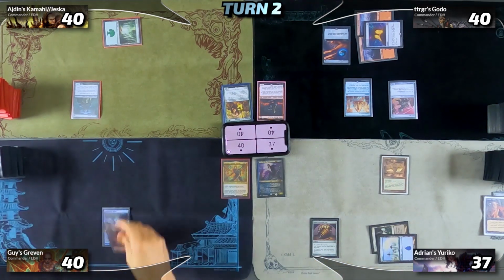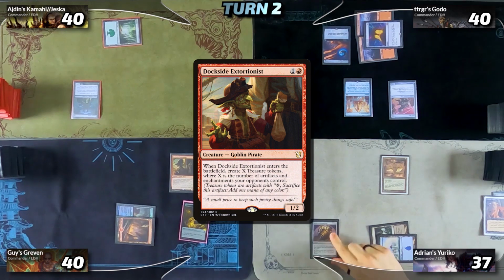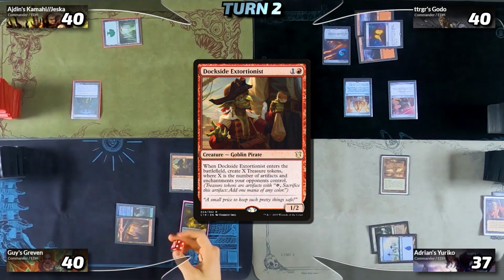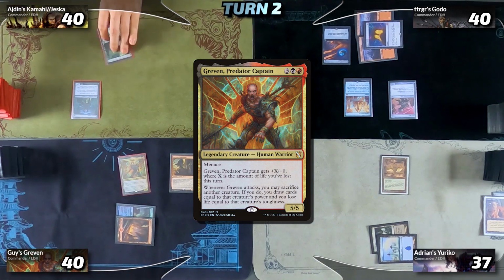Then I'll pass the turn to Guy. He'll untap and play a basic Mountain, and he's going to cast Dockside Extortionist. While this is on the stack, I decide I need to spin my top and put it on top of the library, so he only makes 5 treasures instead of 6. Then the Dockside will trigger, making him a grand total of 5 treasures. He will spend all of them immediately to cast a turn 2 Greven Predator Captain, and pass the turn to